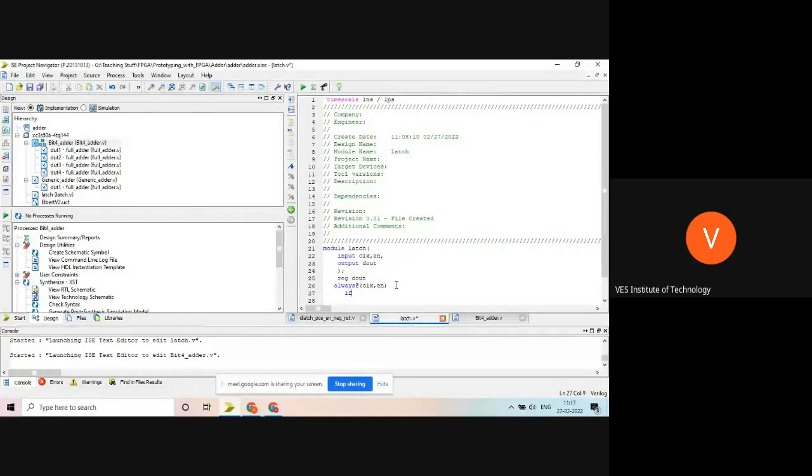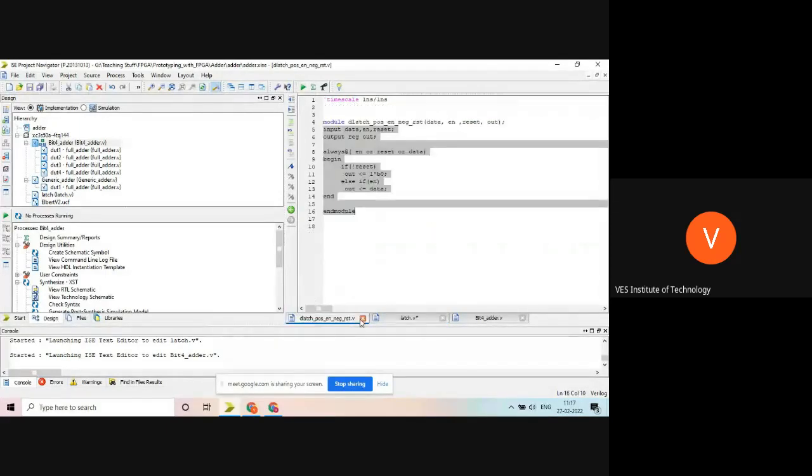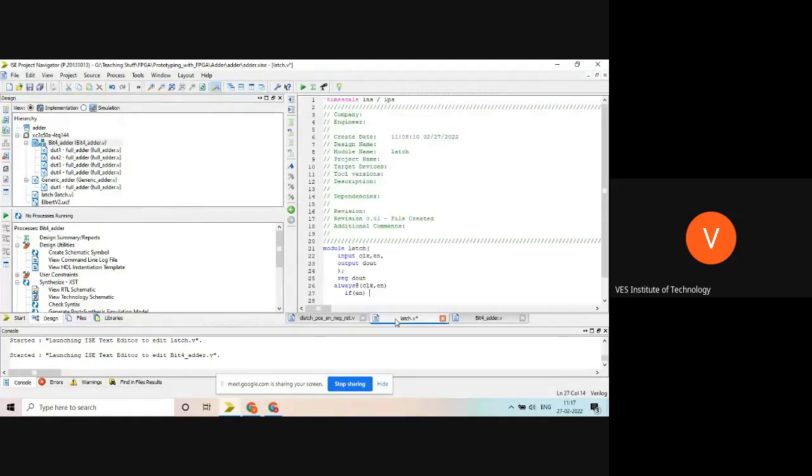And I will write if enable, then simple, write D out is equal to D in. I have not taken input.